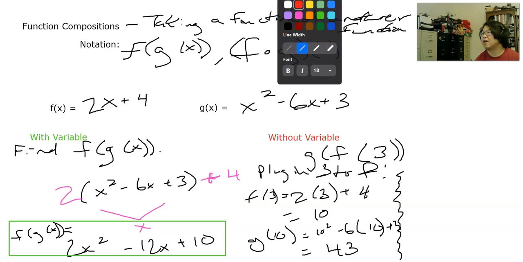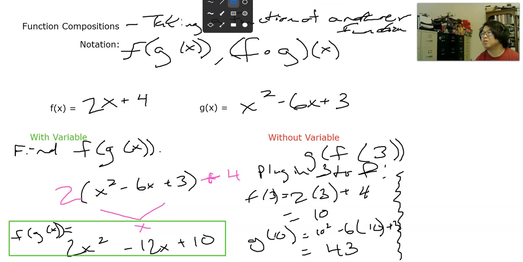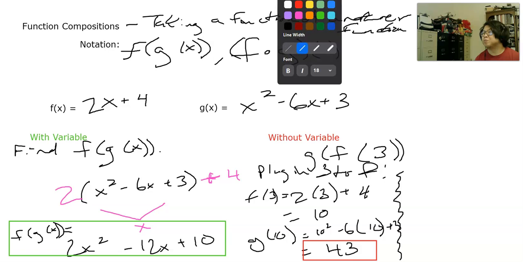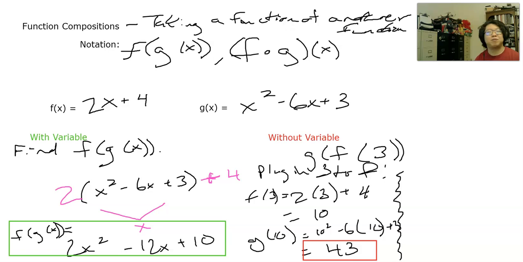So that's my, I'll use a red this time, to kind of say this is my value when I take g of f of 3. I put 3 into the whole thing, I should get 43 out once I run it through two functions. All right. Now for the other way to do this, is to actually find the